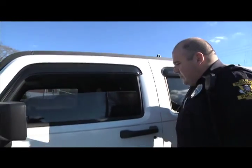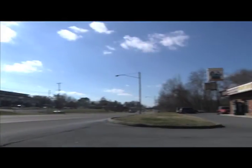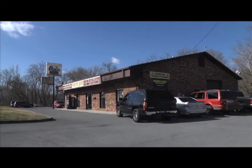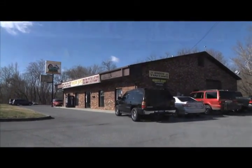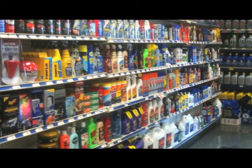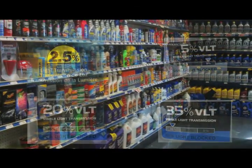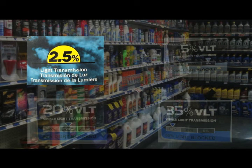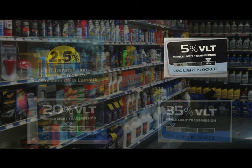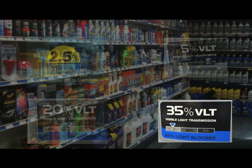Now this brings up several issues, like how does a person know how dark their windows have been tinted? This company that tints windows has a meter and will test a person's car if they bring it by. I went by a local auto parts store to see how the do-it-yourself window tinting kits rated their own products. The numbers were printed on the side of the boxes. At this store there were 4 options. There was 2.5. Now remember that this means that only 2.5% of the outside light would be allowed to go through this tint. There was 5%, not much better, 20% still not legal, and 35% which technically would be legal,